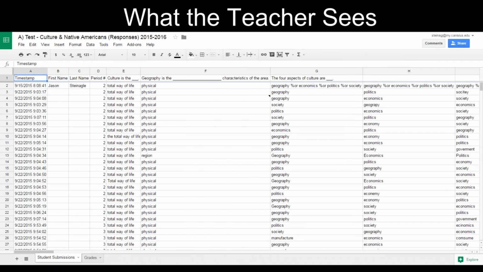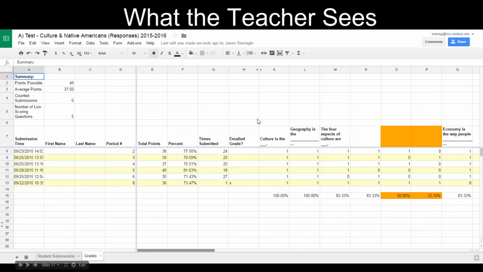They really enjoy taking the test on Flubaroo. You can see here I've done this many times, but on Flubaroo, it'll actually identify certain questions where the kids didn't do well. And I found myself actually changing the answer key. I did mistakes on the answer key, and this is a great way for me to check my own work, as well as to see the concepts the kids may be struggling with as well. I can even check on the boxes to email grades. So that's where the Gmail accounts come into play. The students actually get their